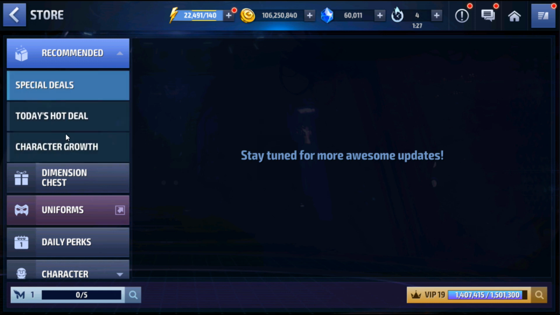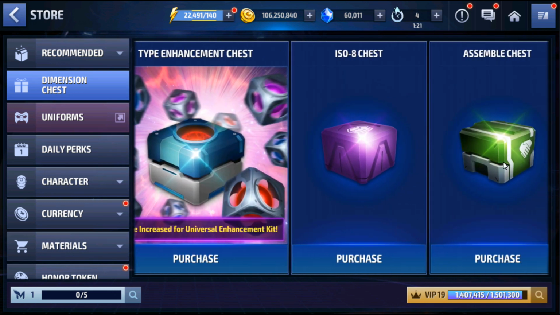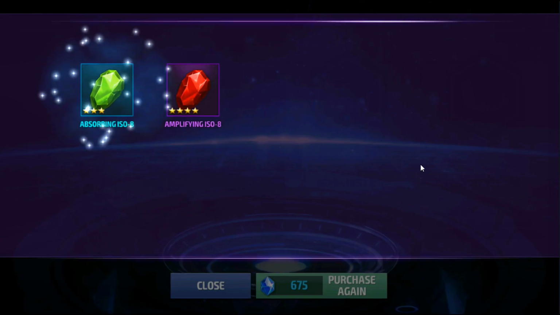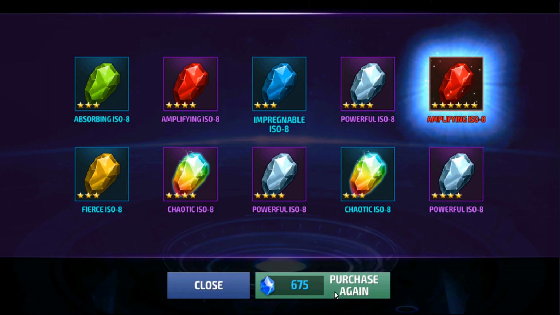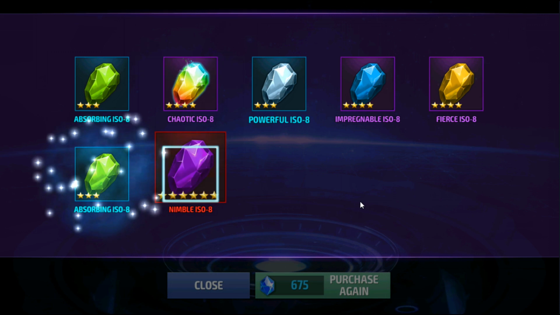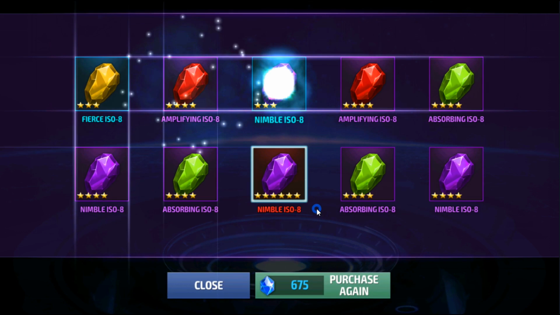Mind you, we might just go and buy a few ISOs, or try, what do we call them, dimension chests. They're not really, it's more of an ISO chest, so I might just buy a few of these, because obviously we didn't pay for these crystals, and I got a 4-star there, which is not bad. Another couple of 4-stars, and a 6-star red, which might come in handy, because we haven't got as many ISOs as what we had on prior